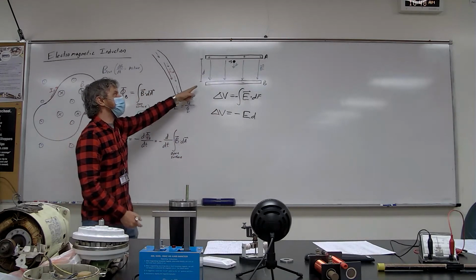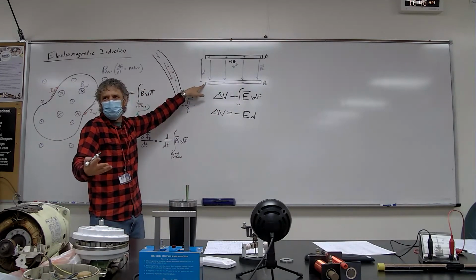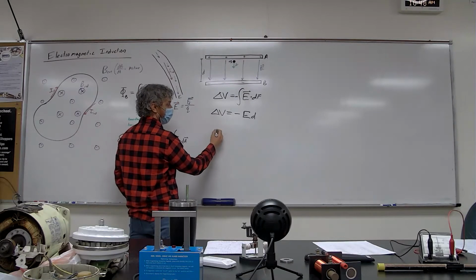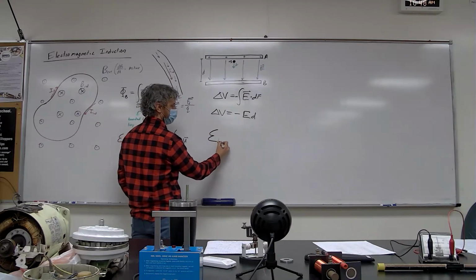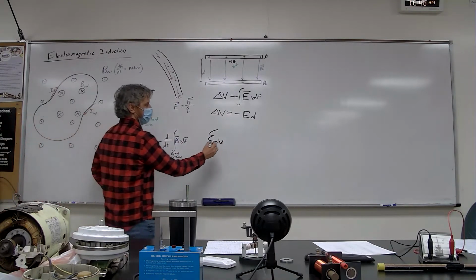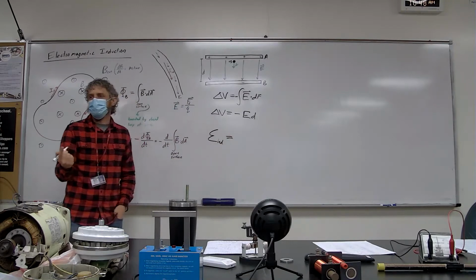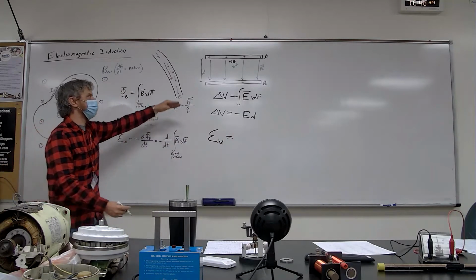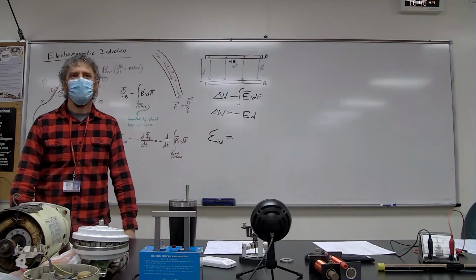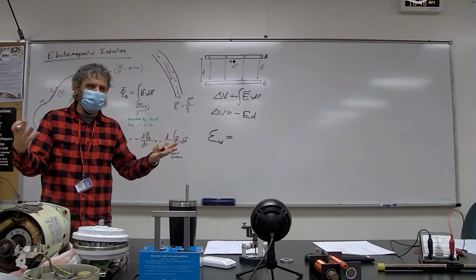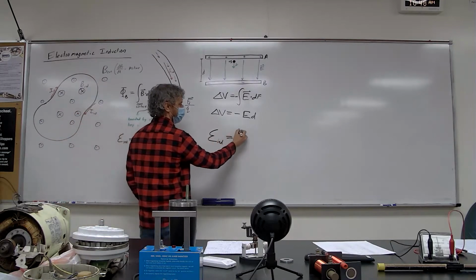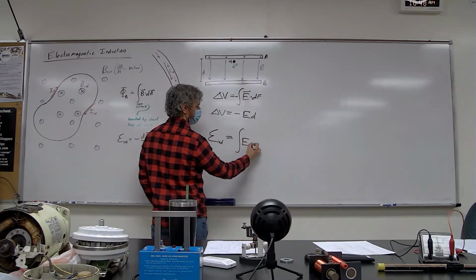But because we don't have a final point at a lower potential than the initial point, we just write it as our induced EMF, which is going to be positive now. We don't put the negative here because we're not doing final minus initial. We're not having an actual change in the electric potential per se. We get an induced voltage throughout the whole thing, and so we just integrate E dot